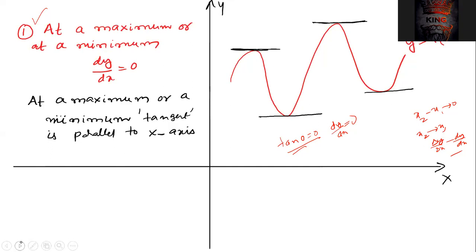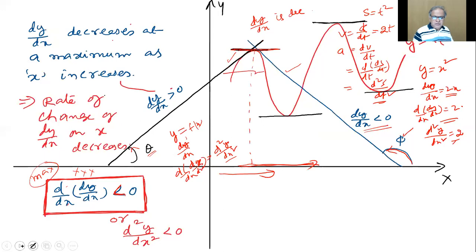Right. Now, can I move a little ahead? And you know, this is not a triangle, children. This is one tangent I drew just before the maximum. There's another tangent I drew just after the maximum. The slope of this tangent is positive, the slope of this tangent is negative. And we would like to say that as we cross a maximum, slope will be decreasing. That's what you mean by saying that the rate of change of dy by dx, the rate of change of slope, is negative. So slope will keep falling as you cross a maximum point.